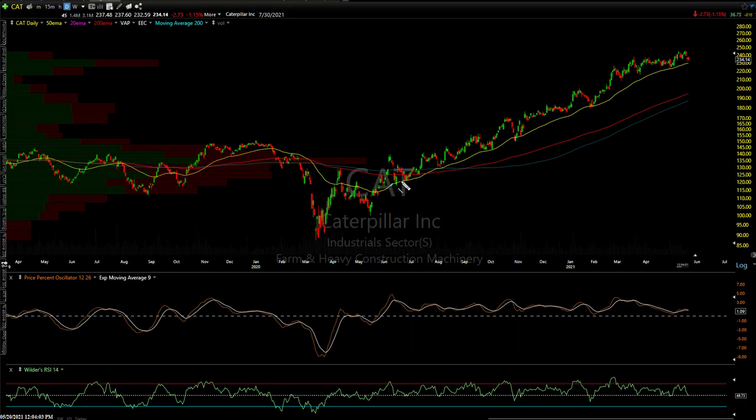Look at how many times this stock has touched the 50-day and bounced. The way this works is both humans and machines are looking at that 50-day. When that 50-day is violated, if it's taken out by a good margin, especially now because it's been a level to watch recently, sometimes you trade through it. But even then, for a quick trade, here was a violation. Here, I think you can see this. Sometimes I forget that on the video I got to zoom in a little bit and show you.